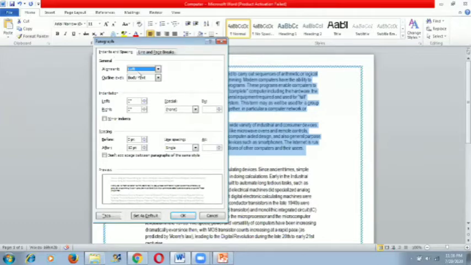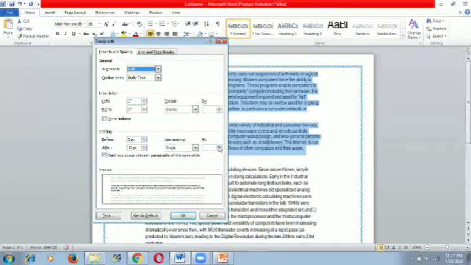Now under the Spacing option, you can find four options: Before, After, Line spacing, and At. Before means there is a space before the paragraph. After means there is a space after the paragraph. Line spacing means the spacing between the lines of the paragraph.